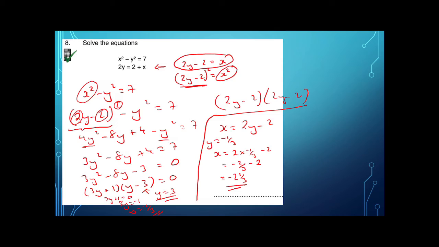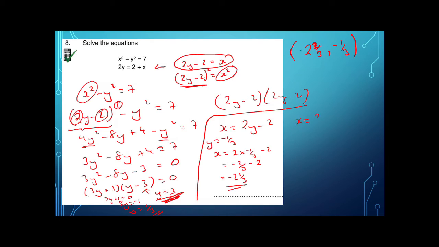So that means negative 2 and 2/3 and negative 1/3. So they're simultaneous at that coordinate pair, and then putting y is equal to 3 in,